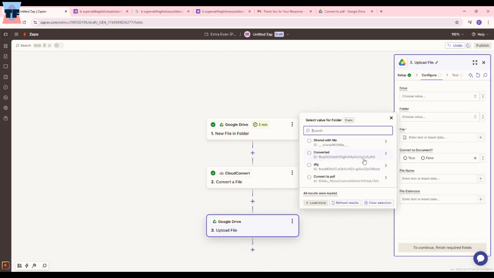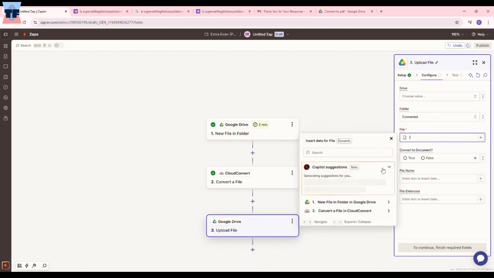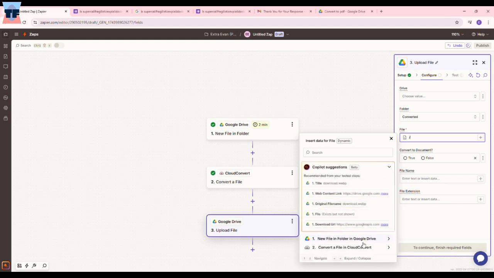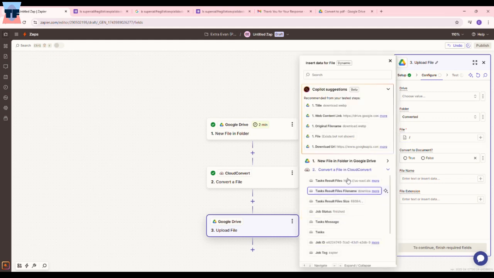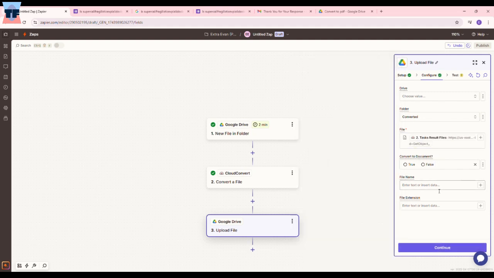And for the actual file that needs to be uploaded, you tell Zapier to use the output, the PDF file, that resulted from the previous conversion step. Again, it's all about intelligently passing the data along the automation chain. Zapier essentially acts as a digital pipeline, seamlessly transferring and transforming data between the different applications you connect. Each step in the Zap takes the processed information from the preceding step as its input, creating a smooth and